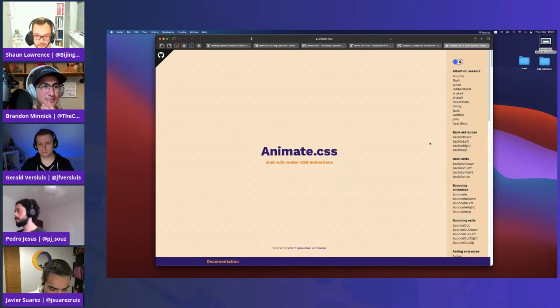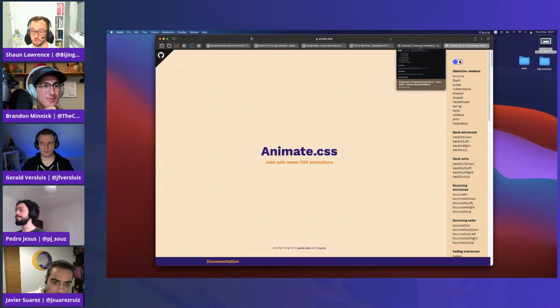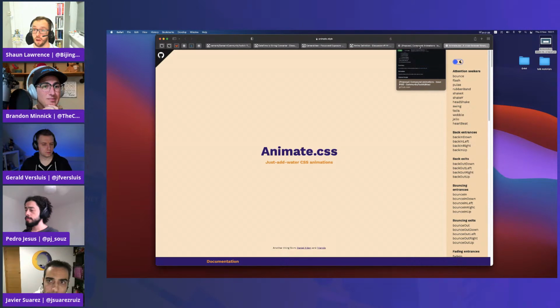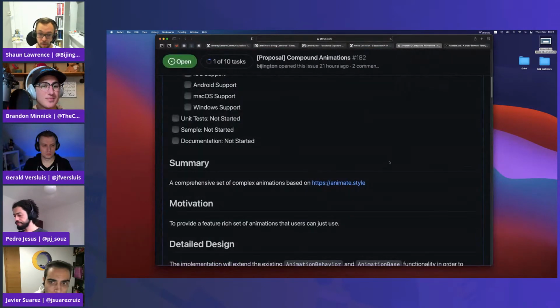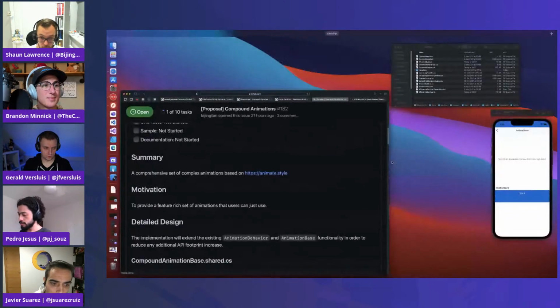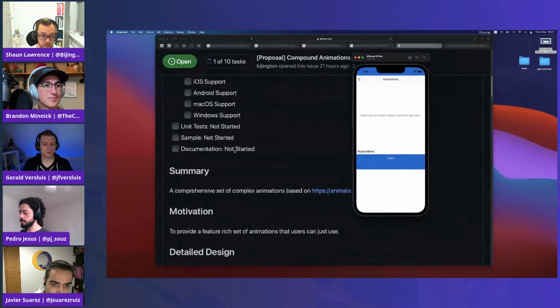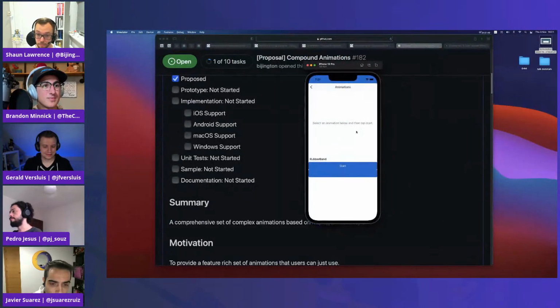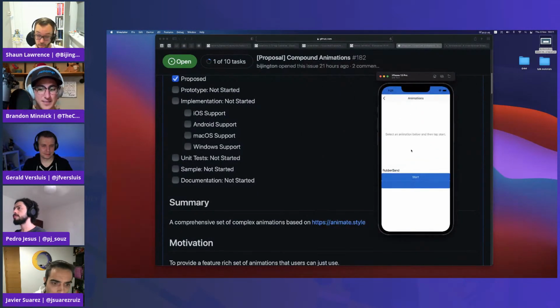Sorry, there's a fair amount of work there, but I think in terms of getting the core concept in, that shouldn't be too difficult, given that we've just pushed that through to the Xamarin Community Toolkit, and then there's a perfect opportunity for more people to contribute and add in animations as they want them. And I don't know if this counts as the prototype. I didn't tick it, but this is a sample page from the Xamarin Community Toolkit as part of the work, and this just shows off what they actually do.